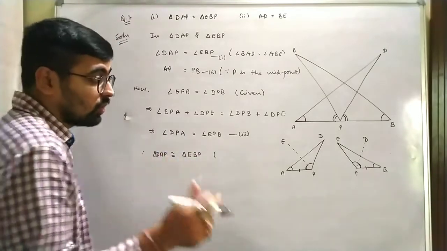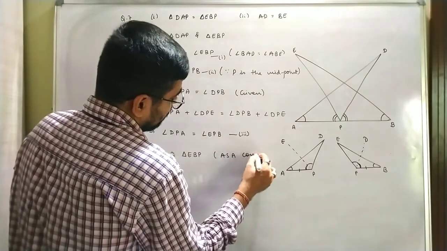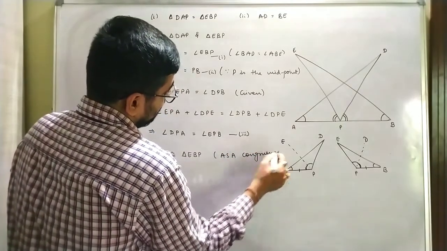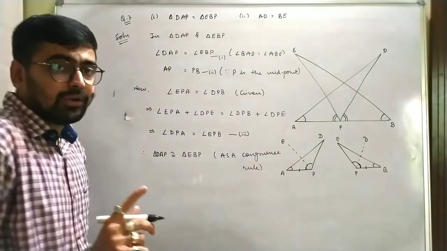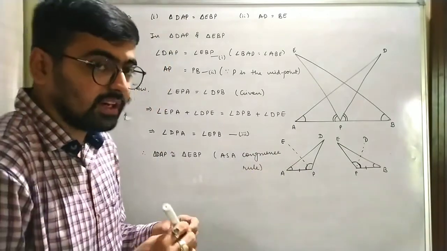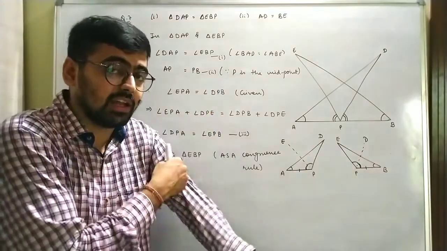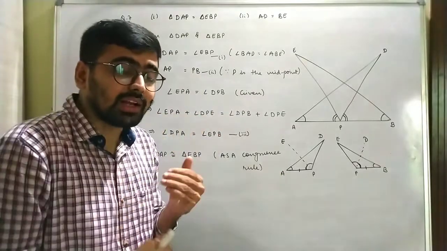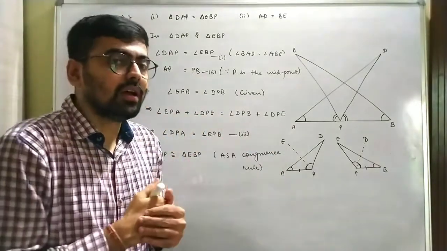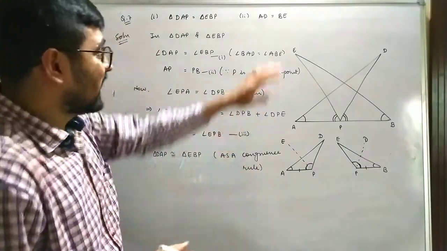लेकिन by which congruence rule? This is by ASA congruence rule. ASA congruence rule. Angle side angle. Are you getting किस तरह से कर रहे हैं? So every time it is not something के we have the angles or the sides given directly. Correct? Sometimes we need to add something. We need to subtract something to get to the required answer. Am I clear? चलो ये तो first वाला हुआ. But second is also there.